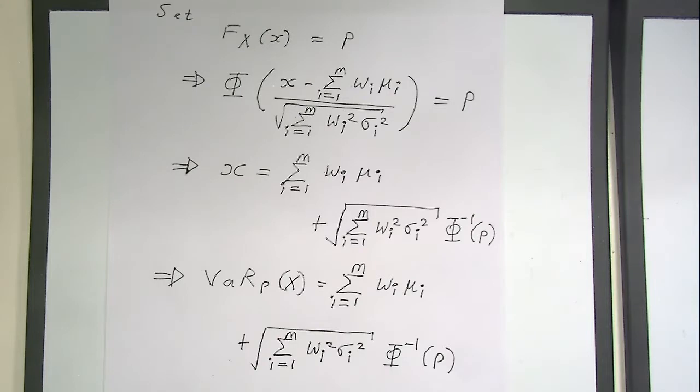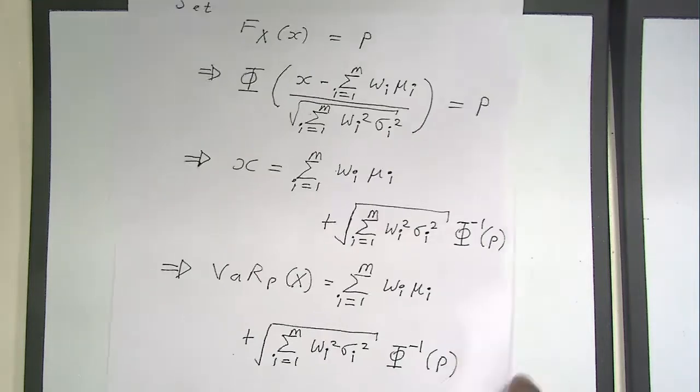Now what we need to do is we need to be able to estimate this formula. In practice, we don't know these parameters. We don't know what mu I is. We don't know what sigma I is. So we need to estimate these parameters, right? So that's what I'm going to do next. Okay. Suppose